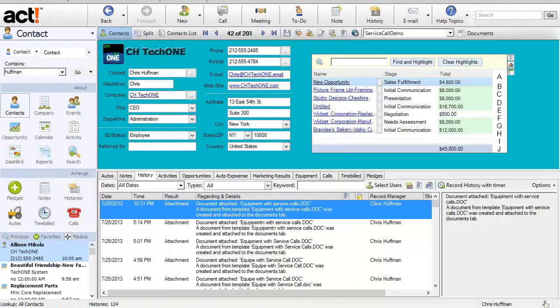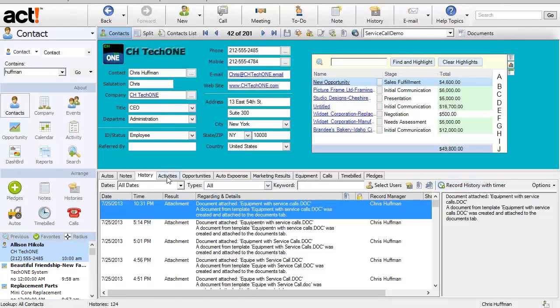What you're looking at right now is Impact installed in Act version 16, and you're going to see a couple of enhancements in our tool, one being the navigation bar on the left. Another enhancement is being able to display the opportunity information above the line, and what we mean by that is